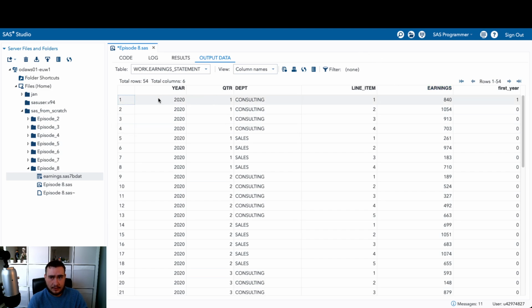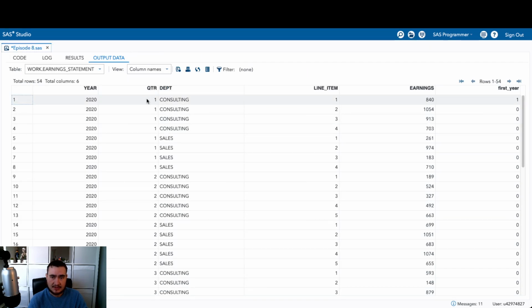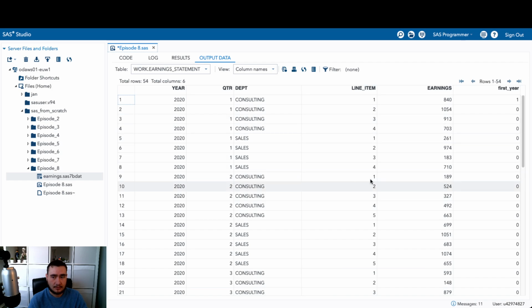If we look at our data set, and I might maximize that. Nah, that's not going to work because then I'm blocking again. Year, quarter, department, line item, earnings, all perfectly fine. That's what we had earlier too. Now notice first_year, which we've set to the first.year automatic variable, is flagged with 1 in the first instance where we have 2020. And it's flagged with 0 for the